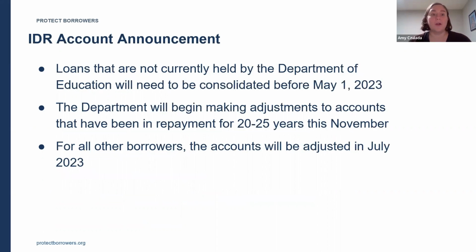So how do you take part in the IDR account adjustment? For most borrowers, the adjustment will be automatic. However, if you have loans that are not currently held by the Department of Education, such as those commercially held FFELP loans or Perkins loans, they'll need to be consolidated before May 1st in order to have the adjustment applied to your account. And the timeline for this account adjustment to happen,